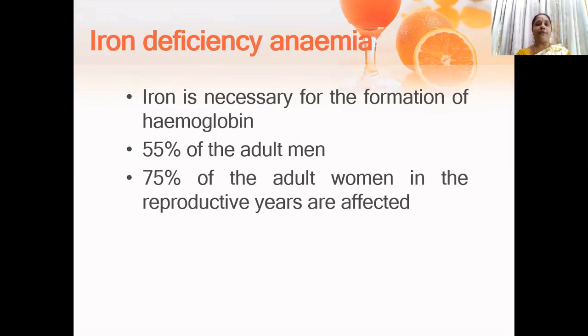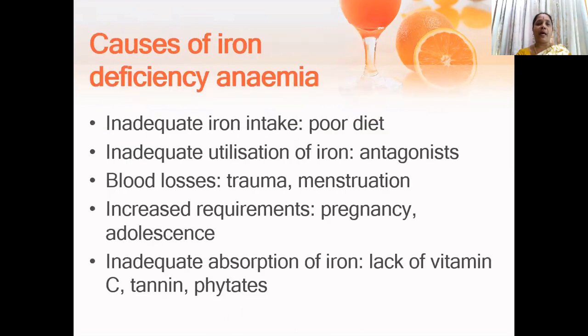So let us see the different types of anemia one by one. Iron deficiency anemia. In this type of anemia, iron is necessary for the formation of hemoglobin, as I've told already. 55% of the adult men and 75% of the adult women in the reproductive years are affected by iron deficiency anemia. The causes of iron deficiency anemia include inadequate iron intake due to a poor diet, inadequate utilization of iron